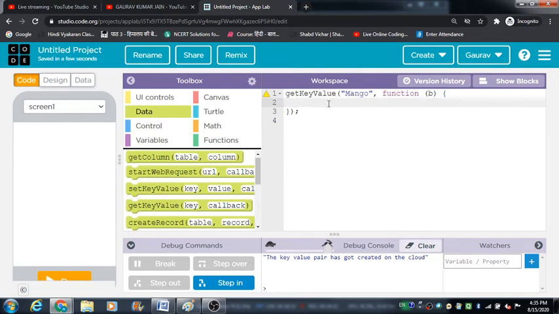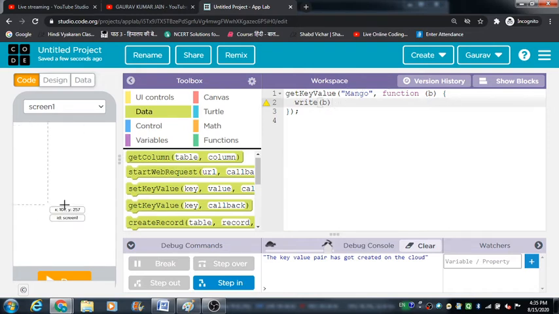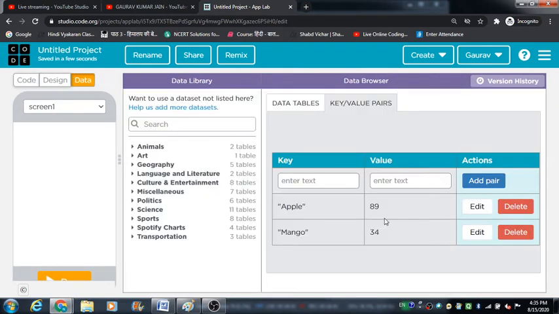You have two ways to show the value of B. Either you can make use of this console panel over here by using a simple code, console.log, or you can directly use a code that writes down the value of B, the value of this Mango key, on this console or on this mobile simulator screen. So what is the expected output? The expected output is 34, because against this key the value is 34 in this table.